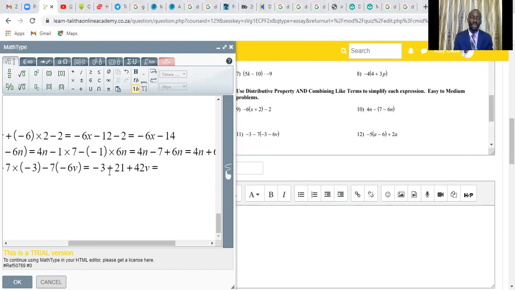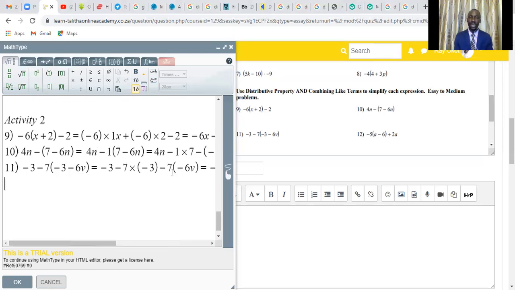Right away, we then want to simplify before we conclude. So to simplify, when we add -3 to 21, what do we get? Well, we get 18. This time 18 is being added to 42v. And this is the solution. Now, the last question of activity 2 is question 12. And how do you handle question 12? Yes, we've been given